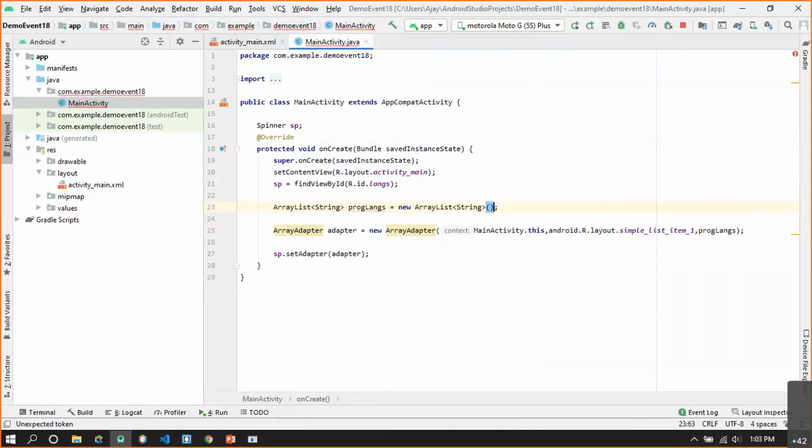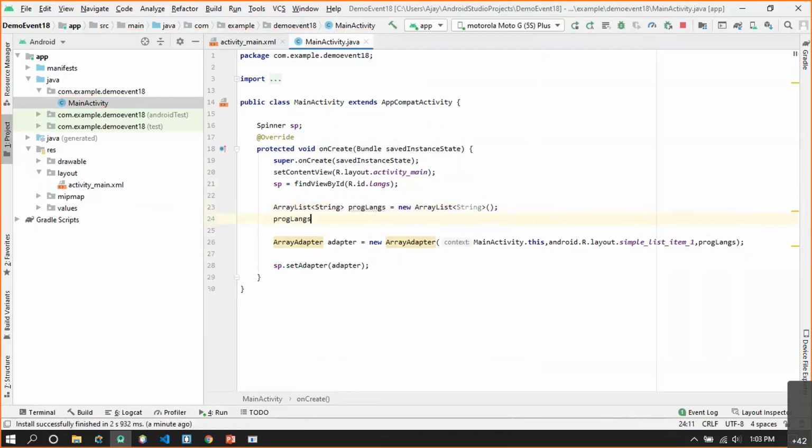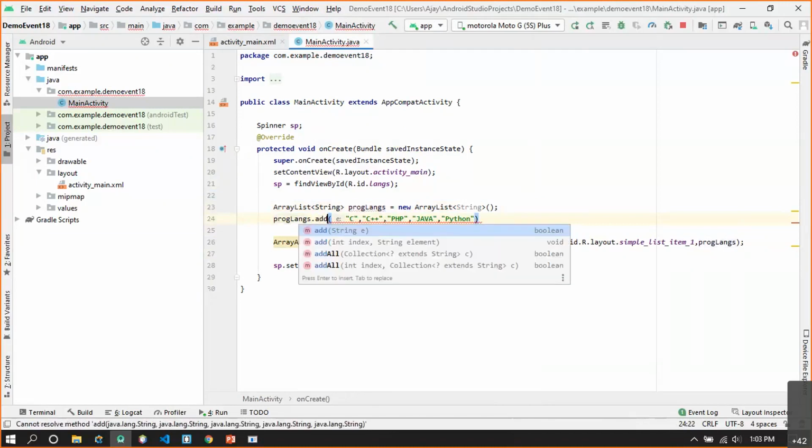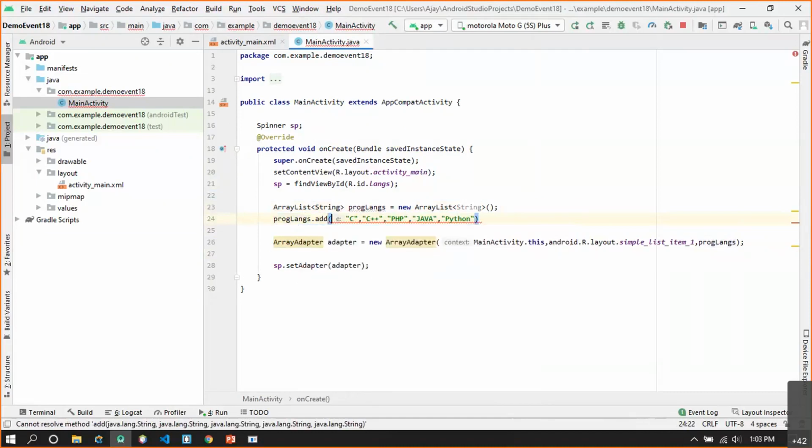So I'll remove this and we'll add the contents this way. So proglangs.add C, Java and Python. Even if I want to add a collection, I need to add the items one by one. Okay, so let me add it one by one.